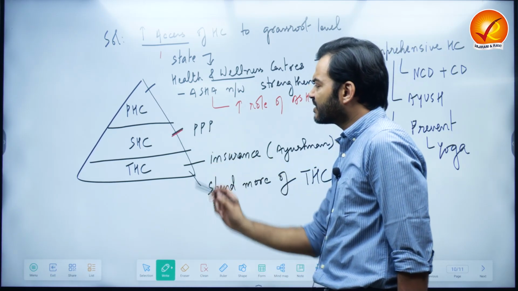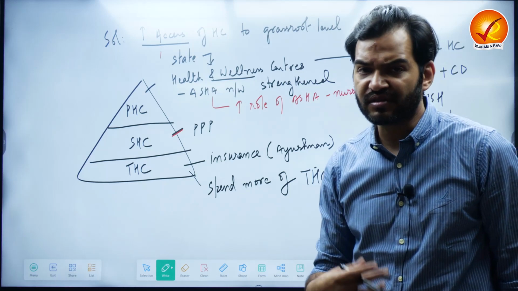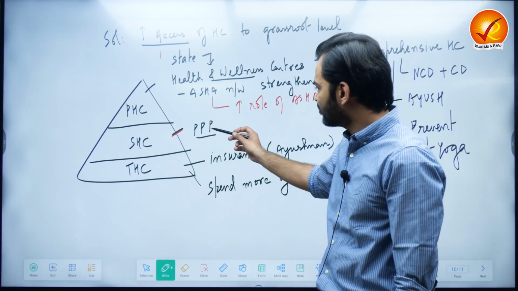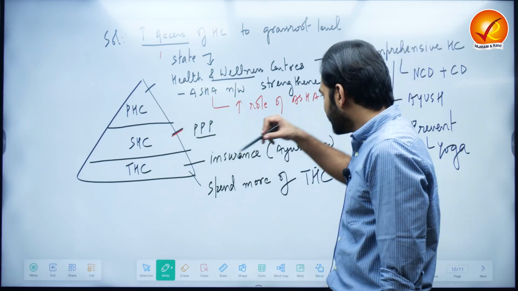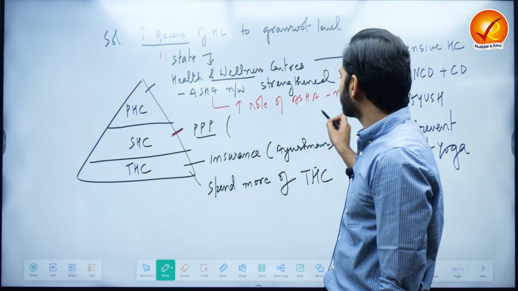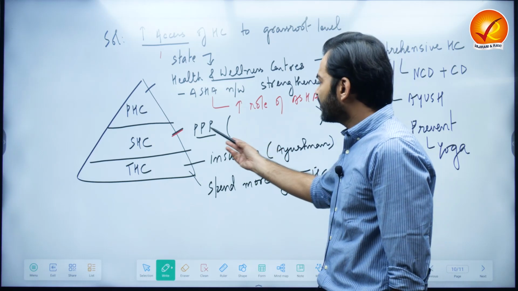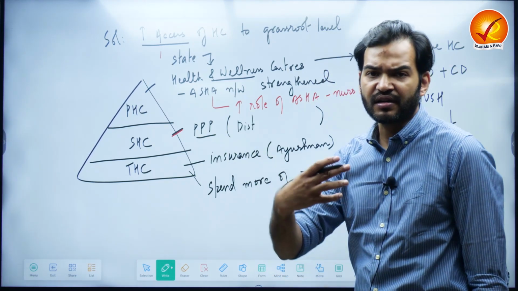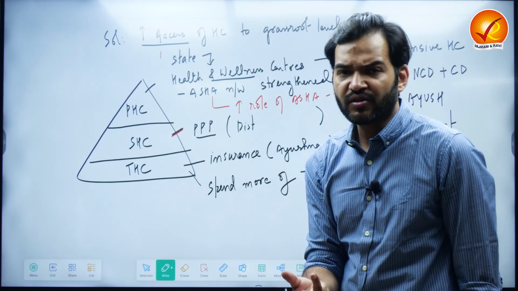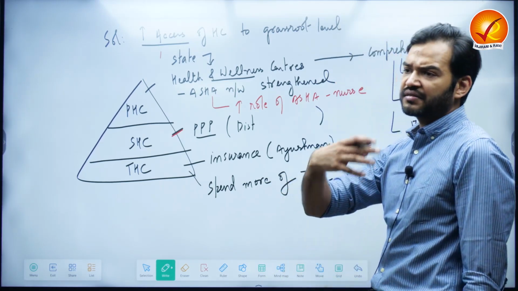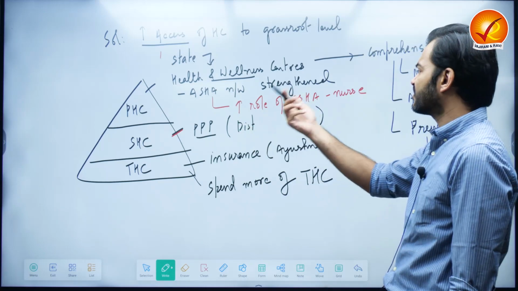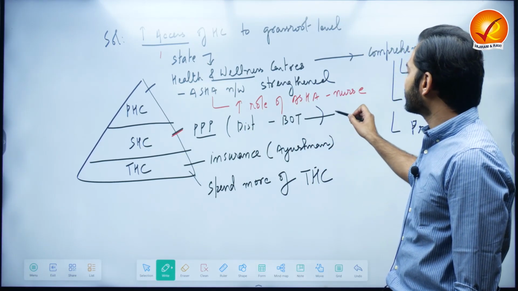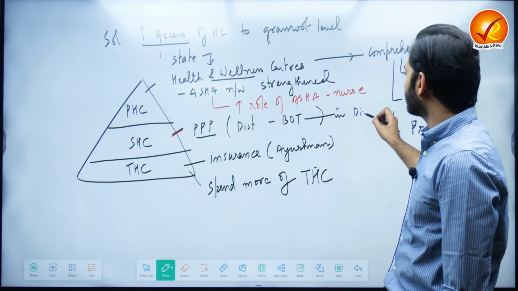Then in secondary healthcare where we don't have resources, the government can rope in the private sector through the public-private partnership model. This can be done. So what will happen in the public-private partnership model? The district hospitals will be set up by the private player. They will run the hospital for a period of time, recover their profits, and then transfer it back to the state. So we can bring the build, operate, transfer model in district hospitals.